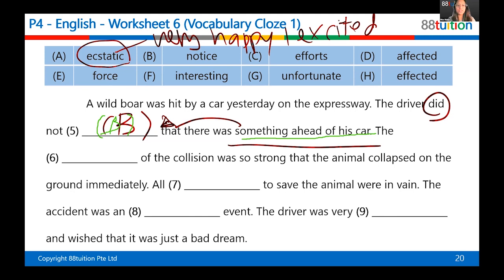Number 6, who wants to try? Okay, Nico, go. What is the answer? And yes, I always write over your handwriting because when you change screen, your handwriting is gone. That's why I'm writing over it, okay? Yes, the answer is E. Very good. Tell me why. What is the clue?